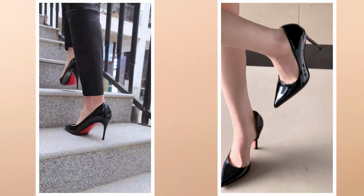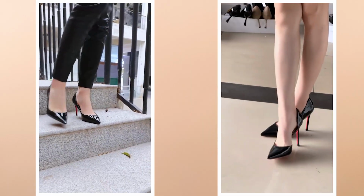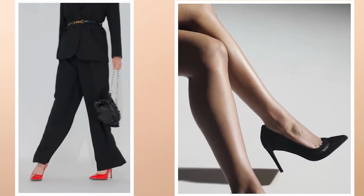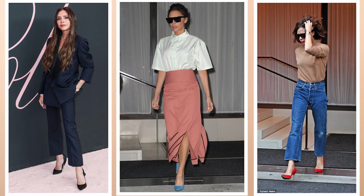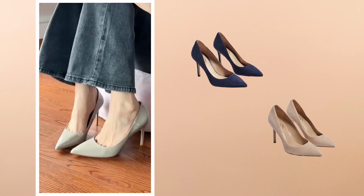The front of the shoe dips low, called a low vamp, which helps create the appearance of longer legs. The pointed toe is sharp, but not over the top, and the heel, usually around 2 to 3 inches, is just the right height to feel elegant without being uncomfortable. She tends to favor muted tones, black, nude, and even maroon. You'll see her wearing these pumps with suiting, midi skirts, even denim. This is that one pair you pack for a business trip, a formal dinner, or an unplanned photo op, and